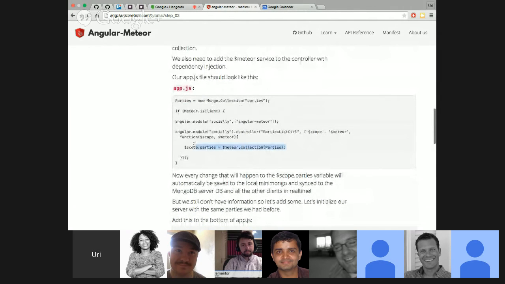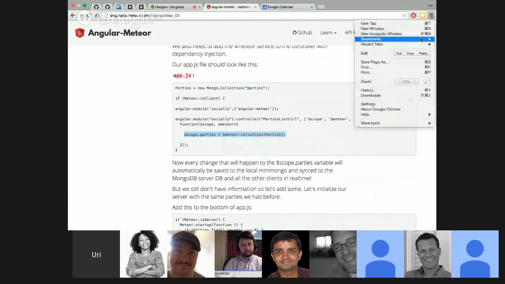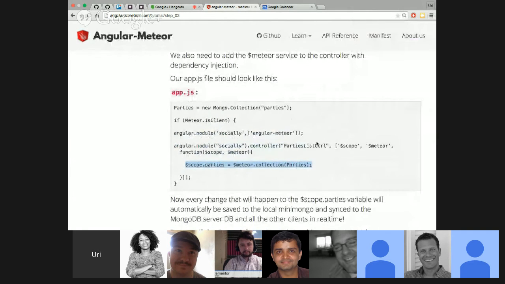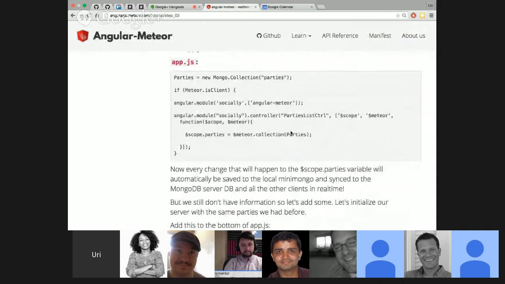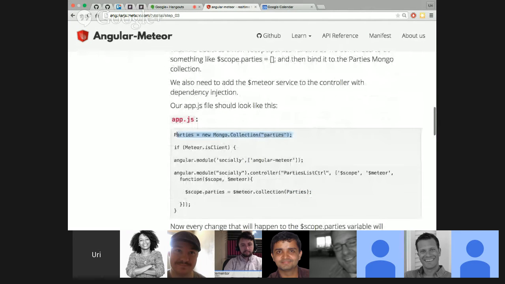So when we do that sync, this one line, what's actually happening? We need to watch two types of changes. One is the Meteor changes, which means Meteor watches over that parties collection, which is registered just here.